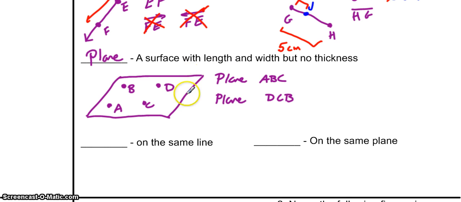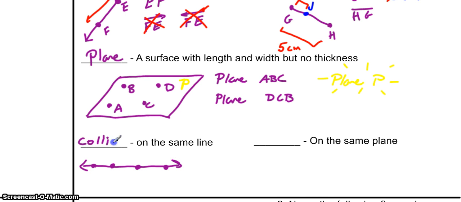Similar to lines, we can also have special planes. So if I put a cursive P on here, could be cursive, italicized, or bolded, I could also call this plane P for very special plane. This doesn't happen very often, but sometimes we'll use this. The last 2 words mean on the same line and on the same plane. So if you've got things that are on the same line, for example, these dots right here, or these points, excuse me, we call these